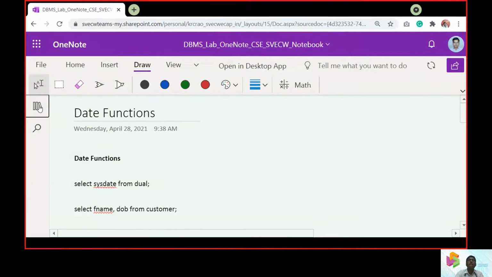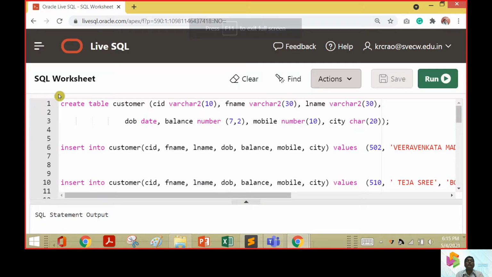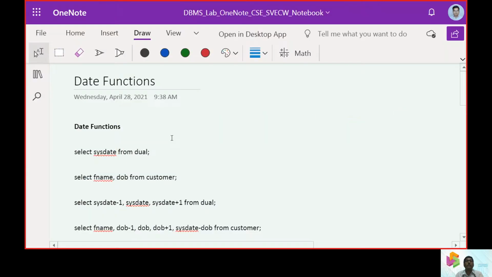So starting up, we'll use the Live SQL part in order to execute our programs. We will do the operations on a customer table.